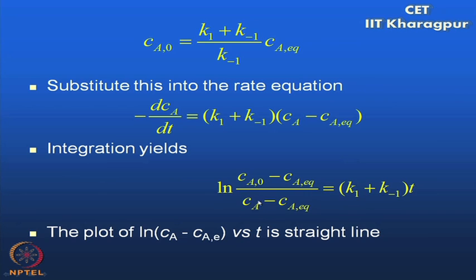Now, this is Ca0 minus Ca equilibrium. So, the equilibrium concentration has got some number, this is the starting concentration, this is the variable. Okay. So, if you plot ln (Ca minus Ca equilibrium) versus T, you will